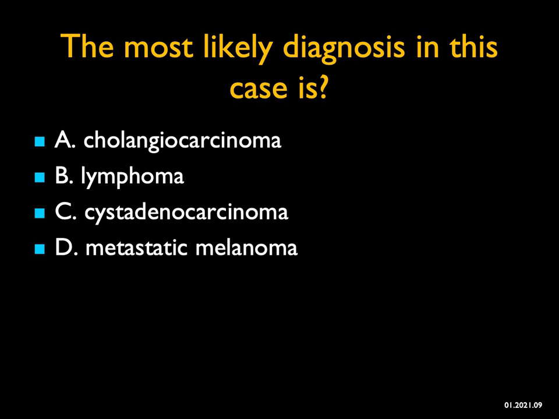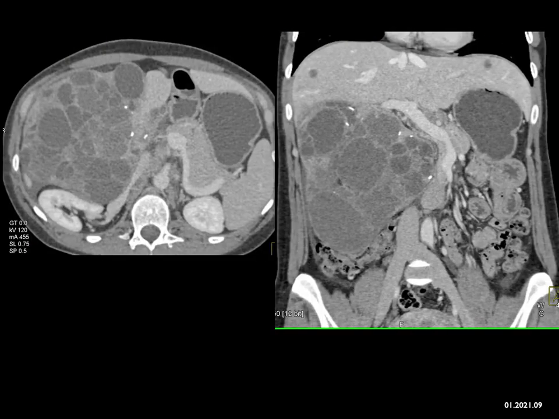The question in this case is, what's the best diagnosis? And I've given you 4 very common entities, and often this is a case you deal with in practice. There's a large cystic lesion, complex cystic with calcifications in the patient's liver. Now, you could say, well, what about hydatid cysts when you look at it? That's not one of the choices, but usually those cysts are better defined and there's rim-like calcification in 3/4 of